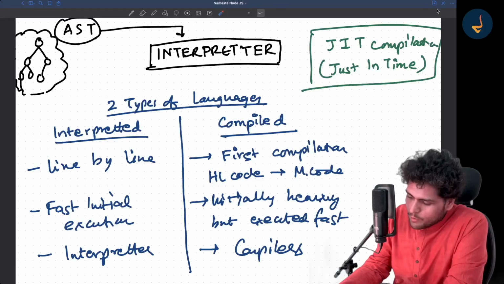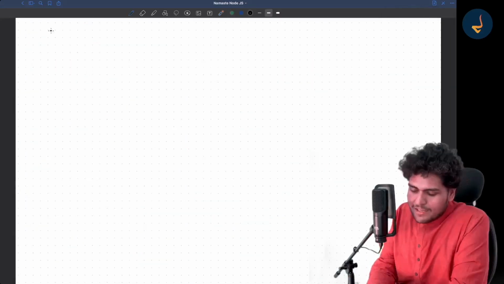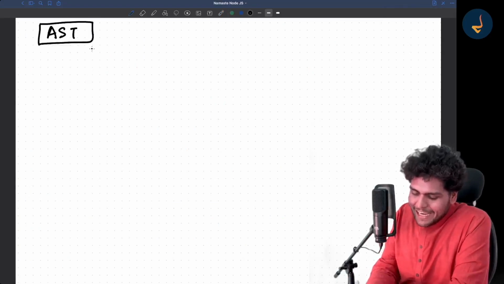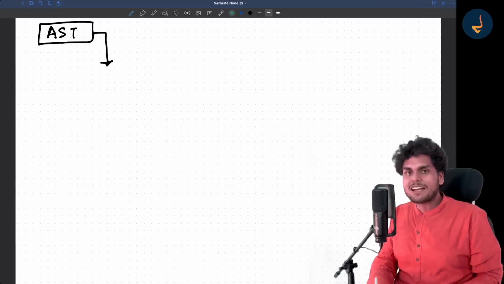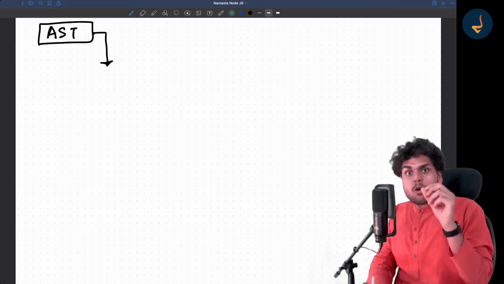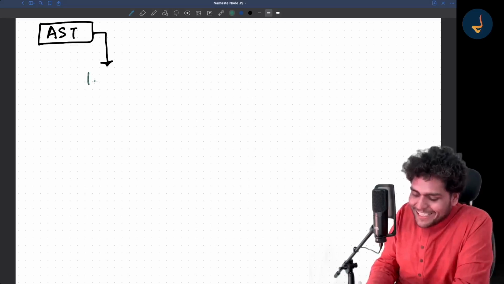Let me create a new page for now. Okay, I have a new page. Now we have this AST, and this AST is passed into an interpreter. Let me use another color to represent the interpreter. The name of the interpreter in Google's V8 engine is the Ignition Interpreter.